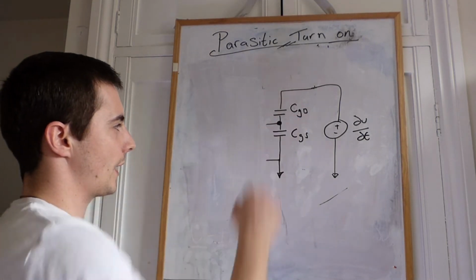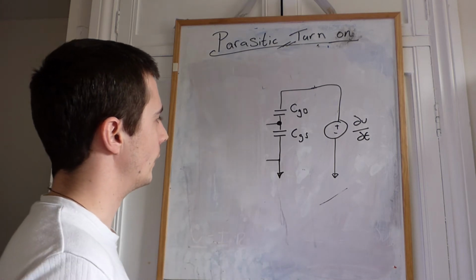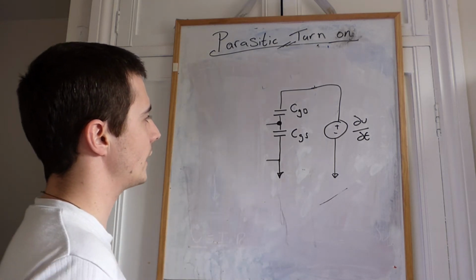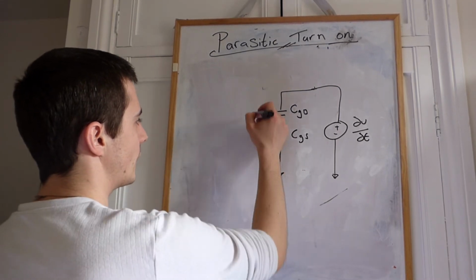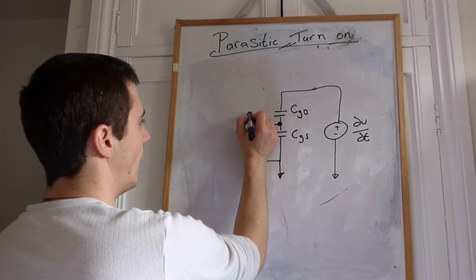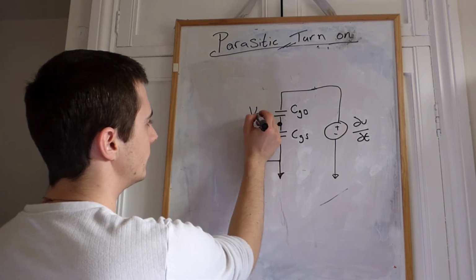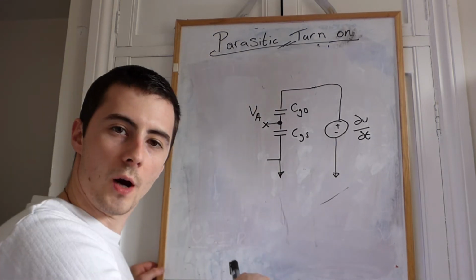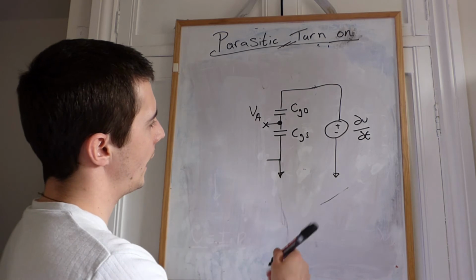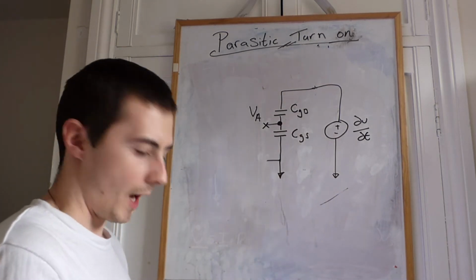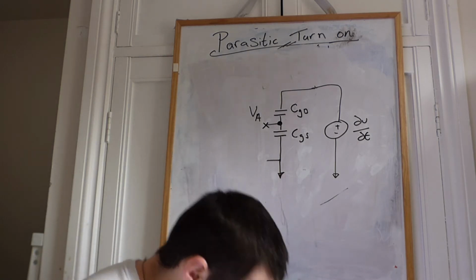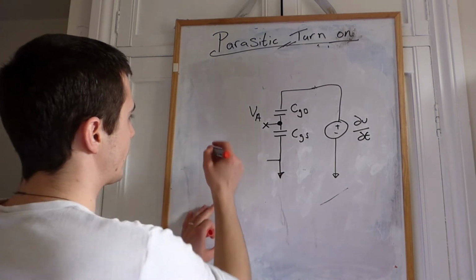And we have these two capacitors there. So what I can do firstly is try and figure out what the voltage at this point would be. So if I label that VA, and we want to figure out what the voltage there would be, well, it doesn't take very much to see that this is just a capacitive divider, and there is a standard equation that we use for capacitive dividers, which